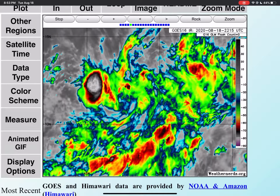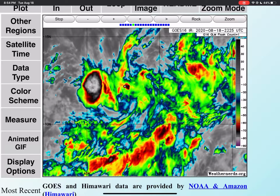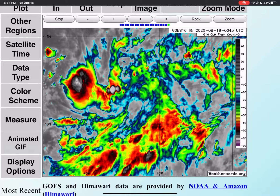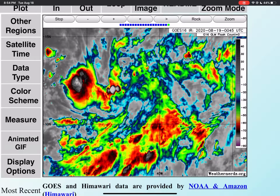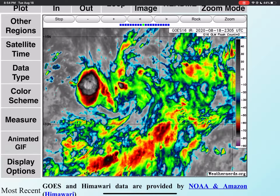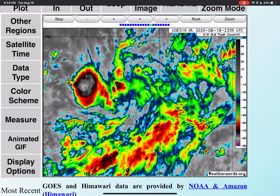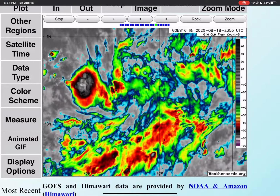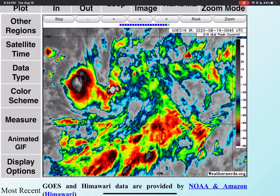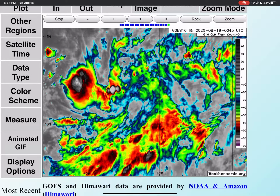And right now, winds, I believe, are around 30 miles per hour sustained. It's still an invest, but it very well could be a tropical depression. There are many features on this satellite that are looking like it could become a depression within the next 24 hours. And from the naked eye, without looking up close, you'd say, well, this just does not look very organized at all. There's like 3, and even off this image, there's like 4 separate areas of